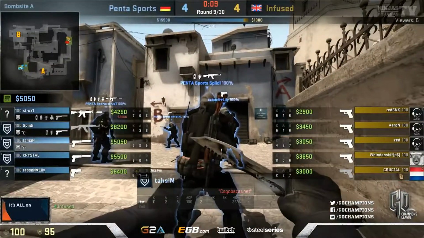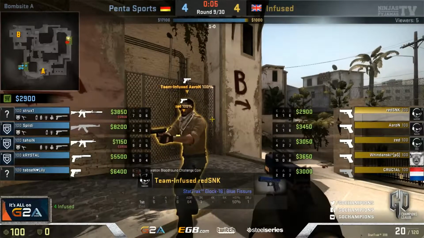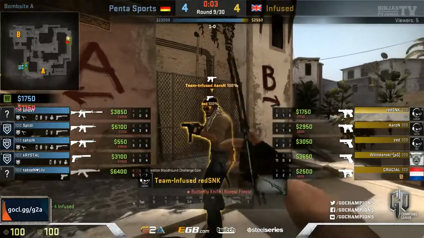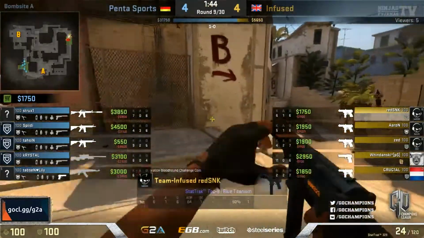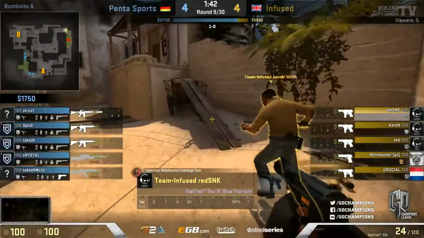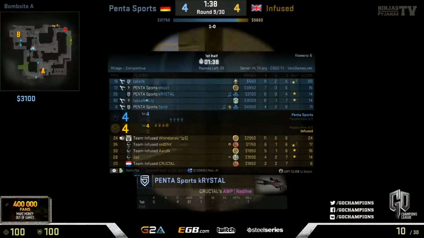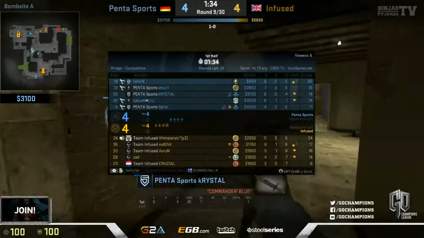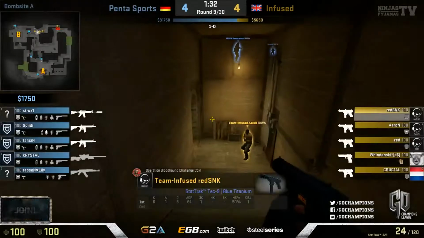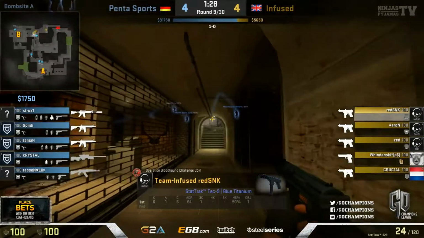And Infused, they eco. They bought up, they lost again, and now they eco again. I mean, the Tech 9 armor buy is on the cards, but I don't really know whether it's worth it at this point. I guess it won't make that much of a difference. Infused are already on 4 rounds, and if they can win this round, then happy days. They put a dent in that economy of the CTs. So, yeah, maybe not too bad of a decision